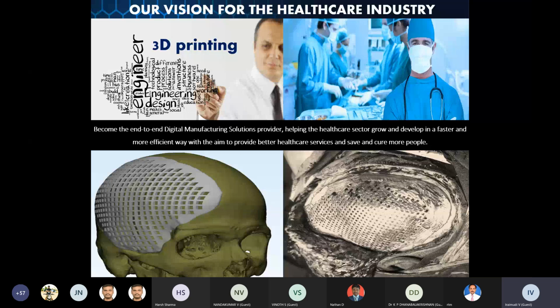The main thing I always point out is that when we talk about automobile, aerospace, or any mechanical base, or civil construction, or the food industry, there is always a single department that works on that. Probably we may take a little support from the electrical department, those things. But in healthcare,